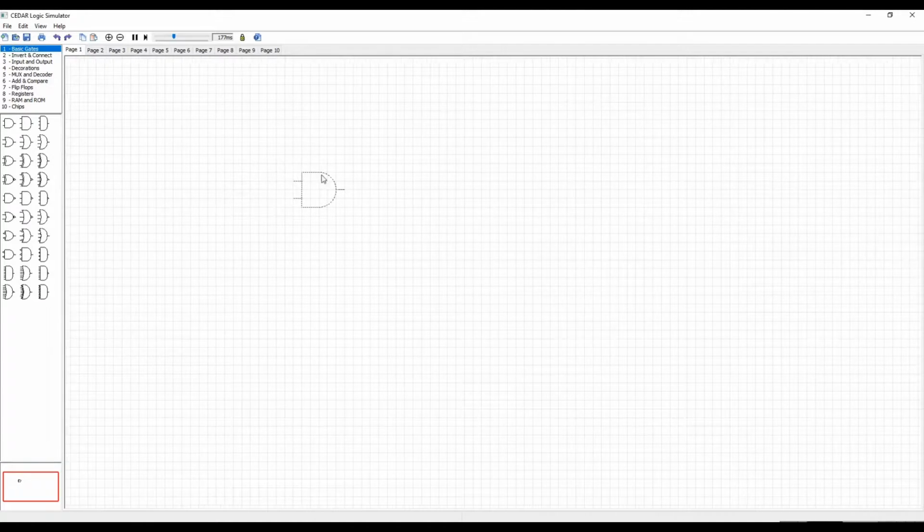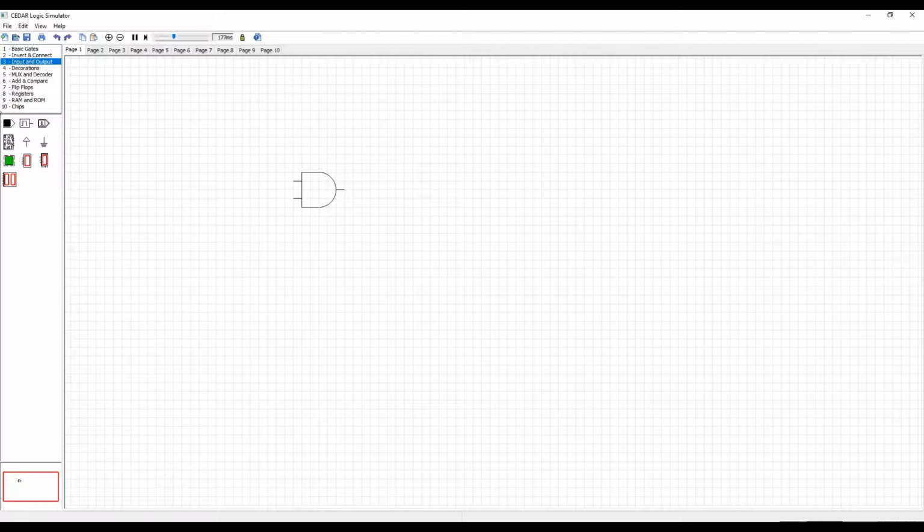We can zoom in this workspace by clicking this zoom in button. Now we can see the gate is a little bit larger than earlier, and there is a navigation panel in the left bottom corner. We can navigate our workspace like this, and to navigate the workspace we can also use our arrow keys.